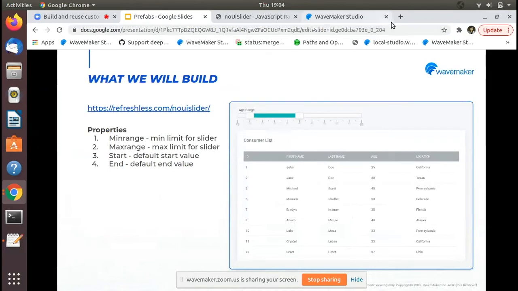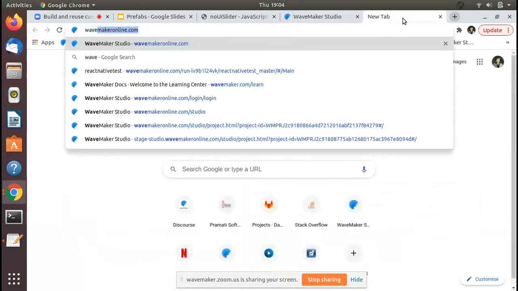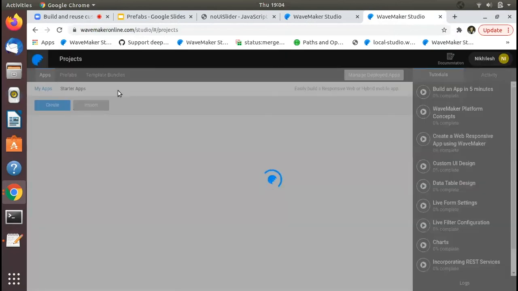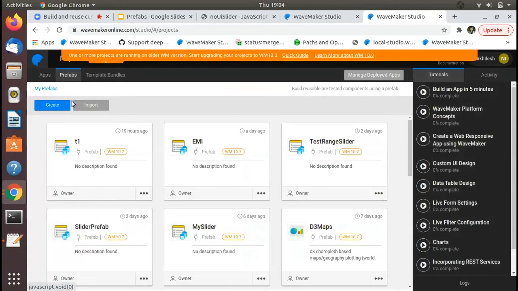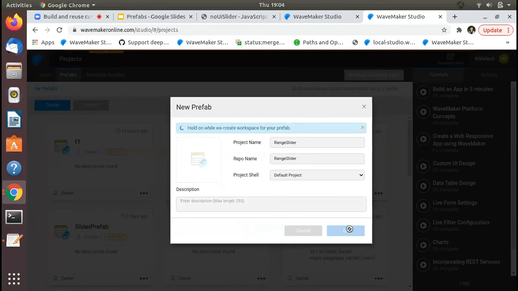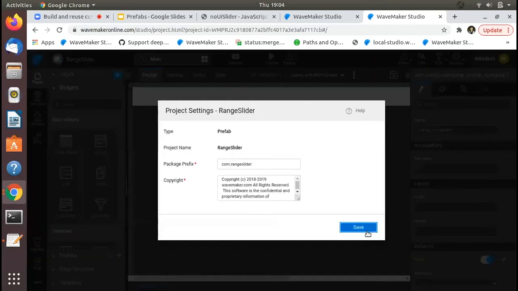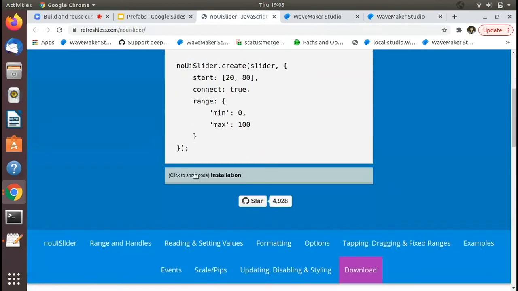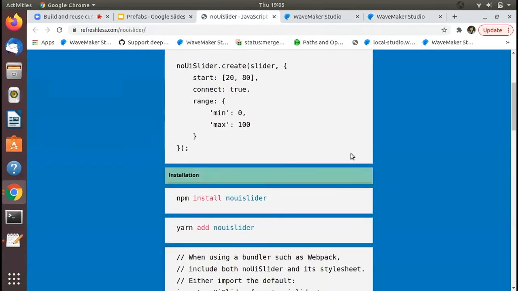All right, let's start building this then. So I'll go to wavemakeronline.com and I'll go to the prefab section and I'll say my prefab is called range slider. Okay, now coming back here, we see that it needs certain dependencies.